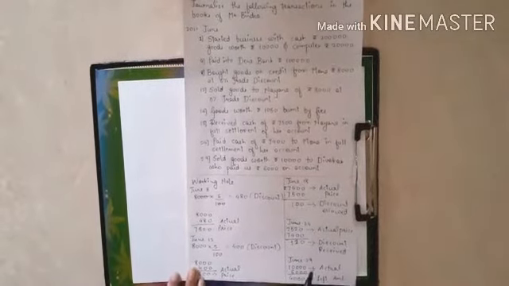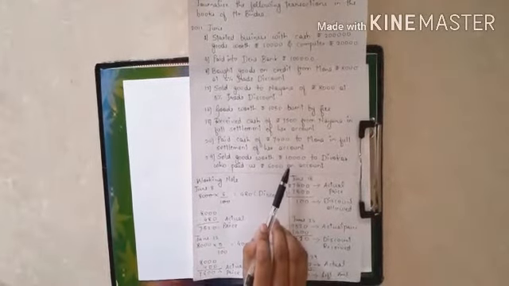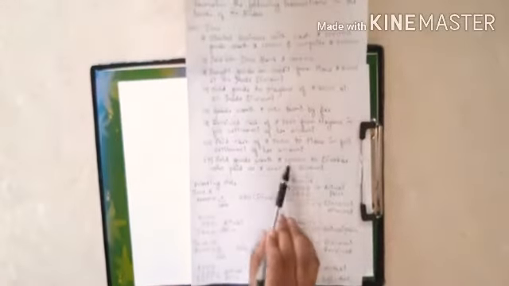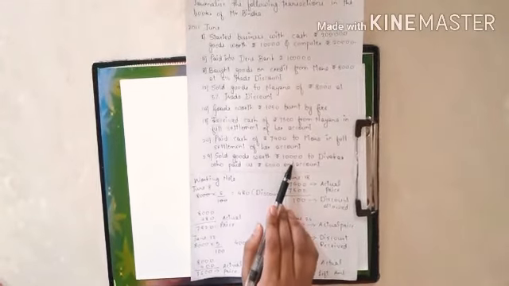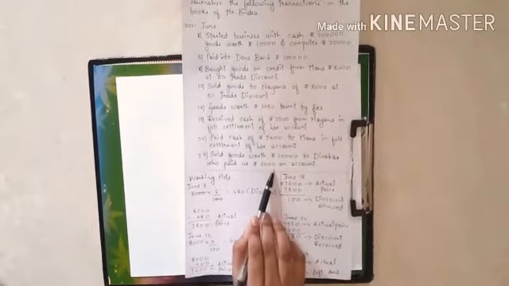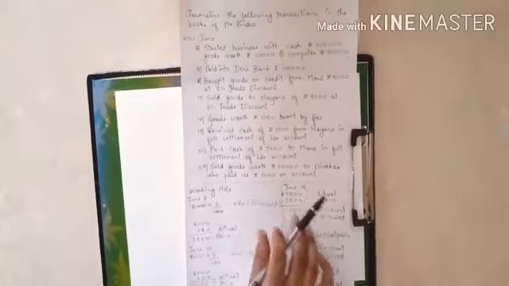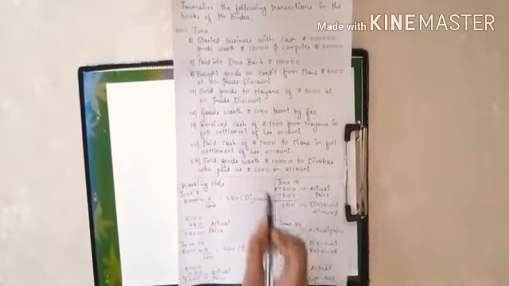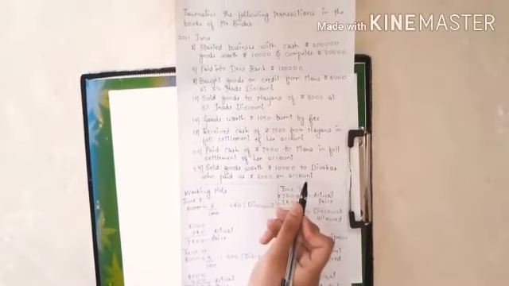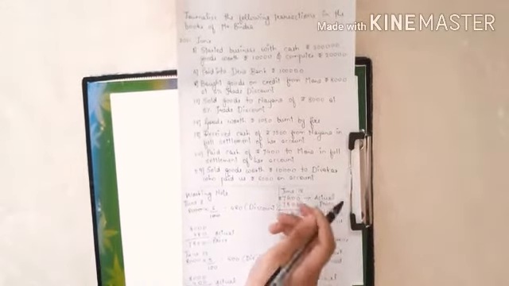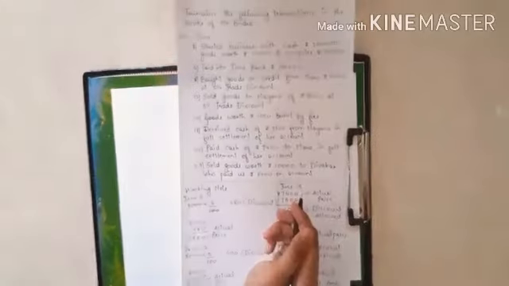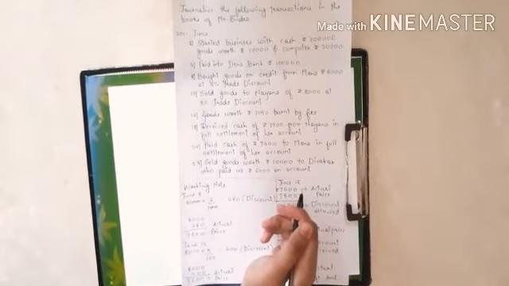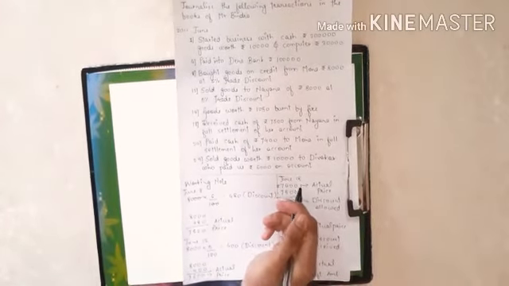Here on June 29th, we sold goods to Divakar of rupees 10,000, out of which he just paid rupees 6,000. So this transaction we have to see, it is on credit basis or cash basis. Now here what we did, previously we sold goods of rupees 10,000 to Divakar. That must be on credit basis because no payment is being made. So that is why we have to consider this transaction as credit.